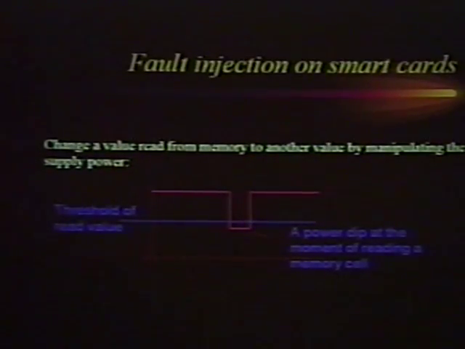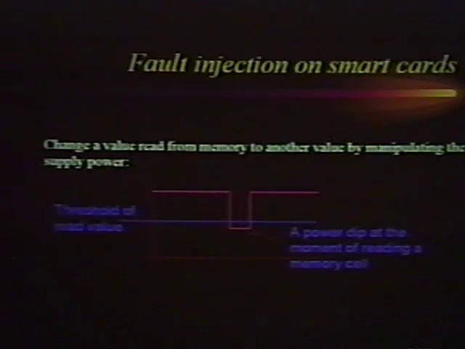So if we manage to lower the supply voltage for a very short time at the exact moment, we can establish that the CPU reads another value than that is actually there. Now, the important thing here is that we make this spike short enough that the chip just continues running. It should not crash, because if it crashes, the experiment doesn't give you any information. But if it doesn't crash and it keeps on running, it may have used a wrong value.